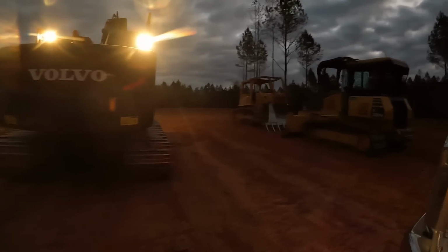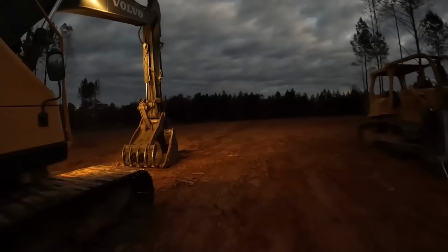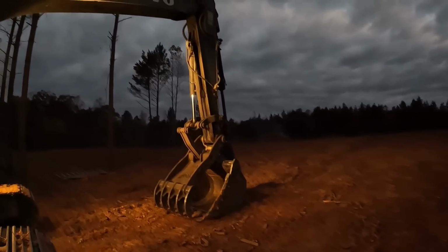Well, I did beat the sun up this morning. Out here bright and early. I'm gonna lightly stack the fire back up. It's a little breezy this morning and the smoke is kind of blowing in this direction, so I think that's